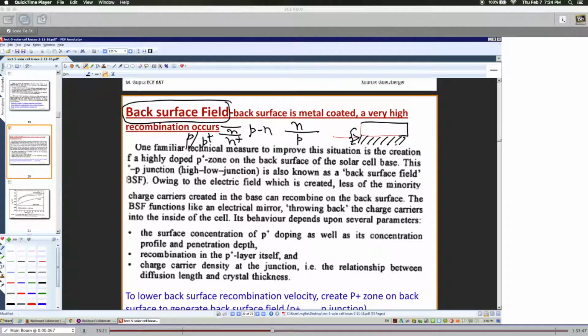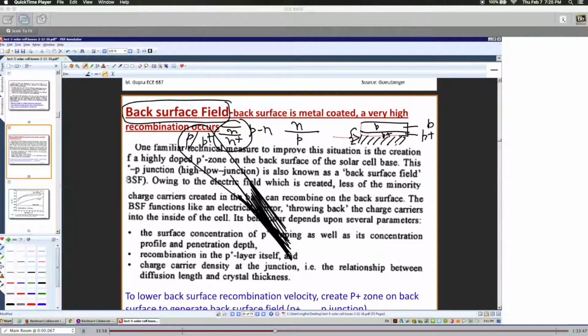So by having this type of structure, you can overcome the problem of high recombination at this metal semiconductor interface. Okay. So that's why it's called back surface field, because you can make a layer here. You could have a P and then you have a P plus. So this is P plus and this is P. And now you have an interface, and that will keep some of the carriers away and minimize the recombination,